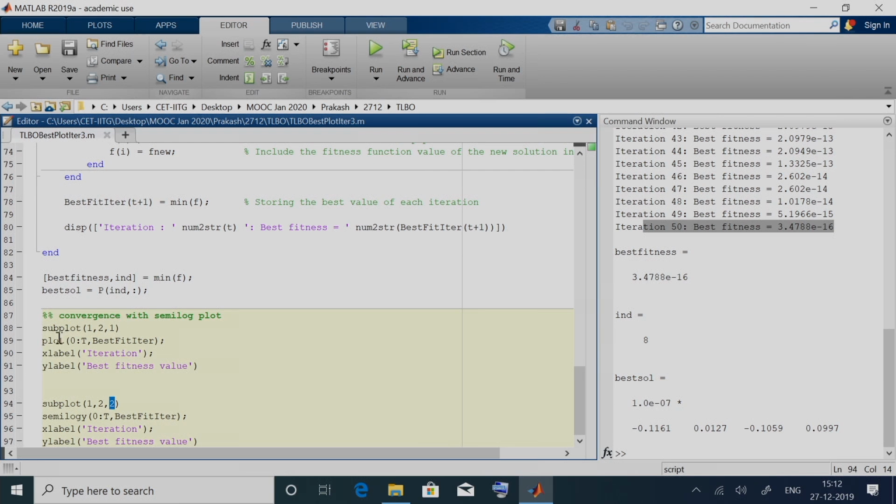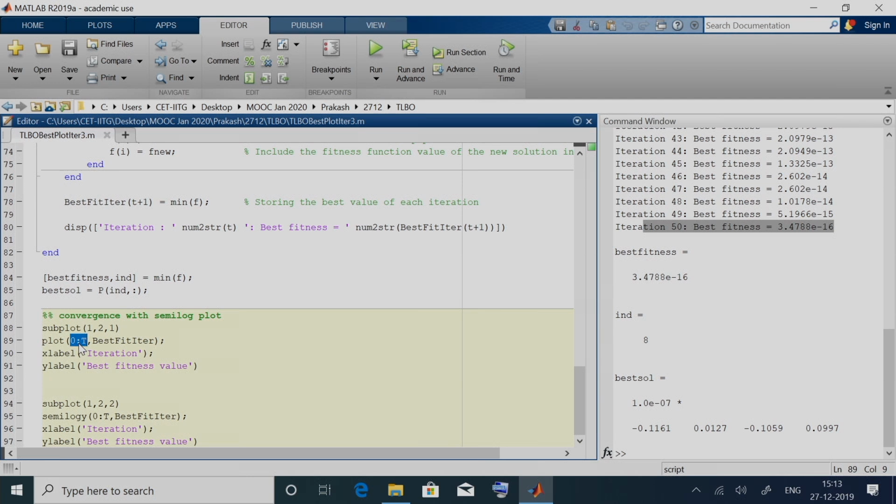So, we are going to plot first in the first position. On the x axis we are going to have iterations, and we also want to include the initial population, so we give 0 to t. If you had given 1 to t, then we would have only analyzed what is happening from the first iteration.